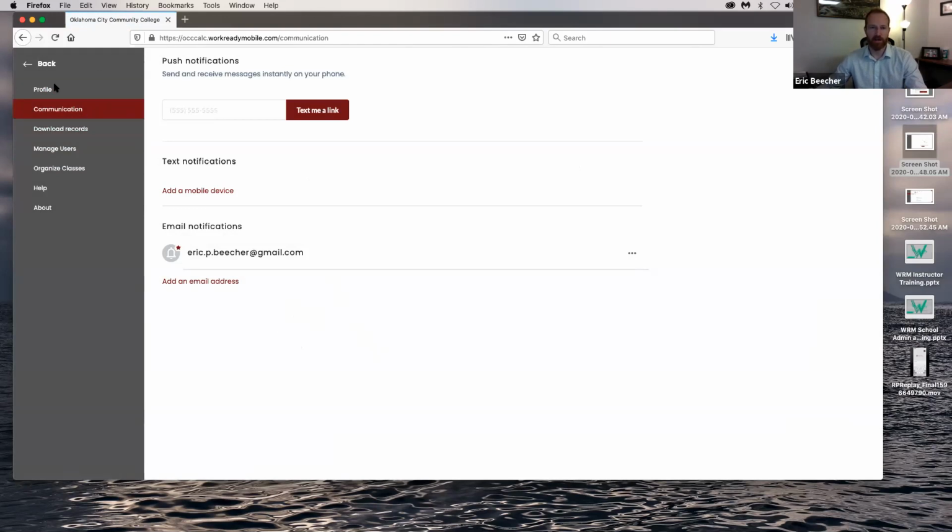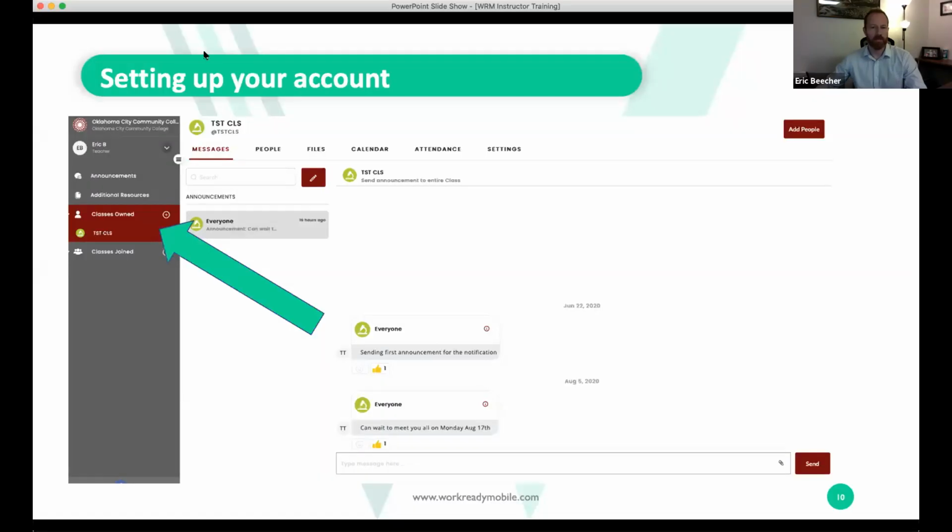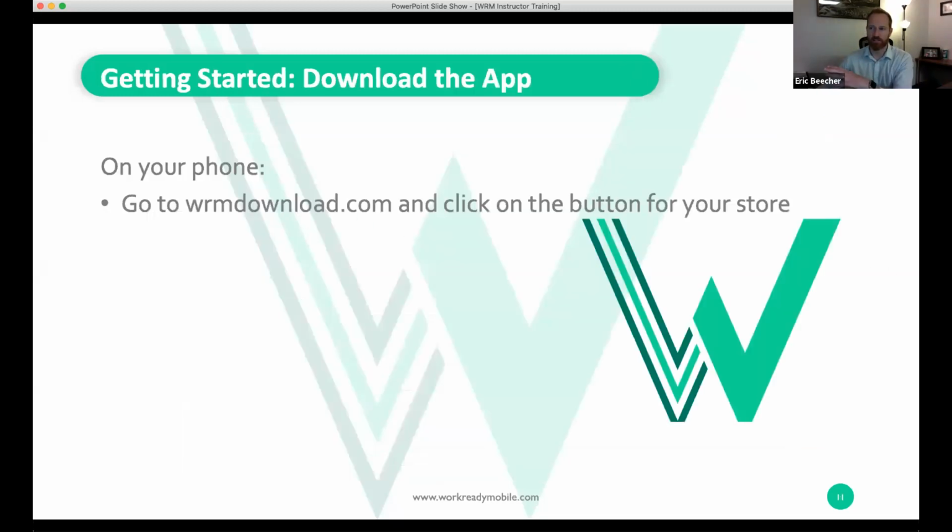So let's head back over here to the slideshow, and I'll show you how to download the app and where to go from there. So now that we're all set up on the web base, now you have your username and password all set up. Username is your email address, and then your password is whichever password you just created. So go to